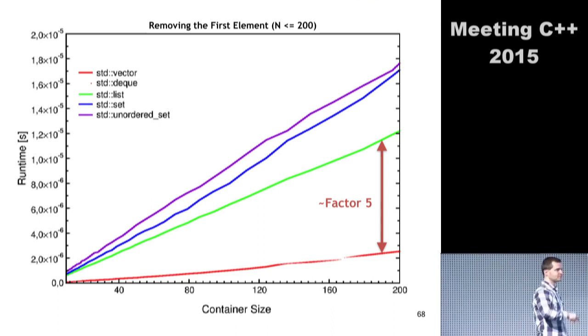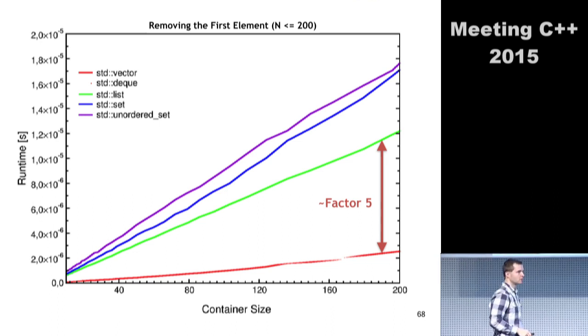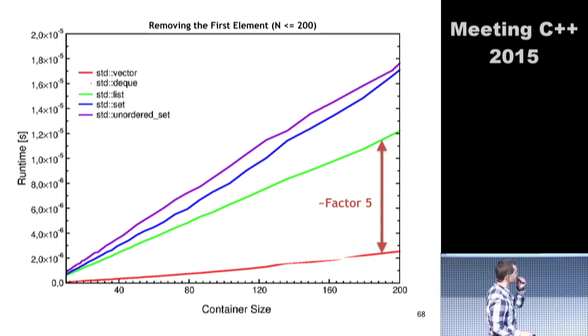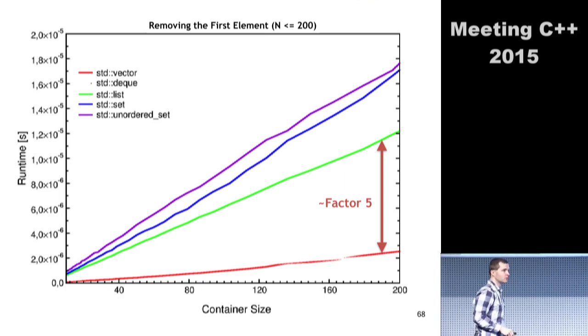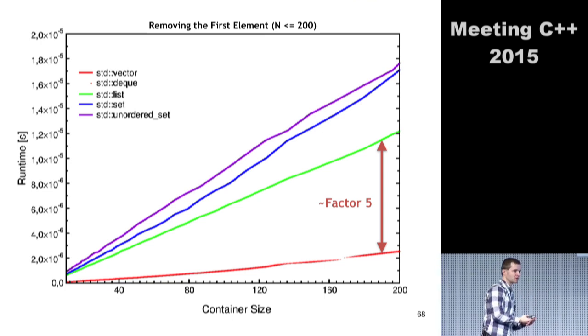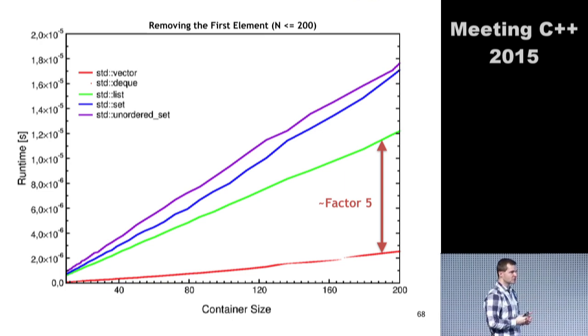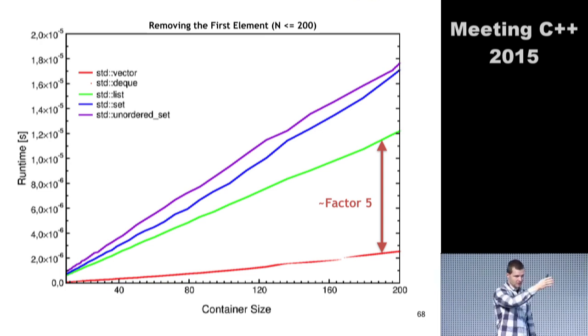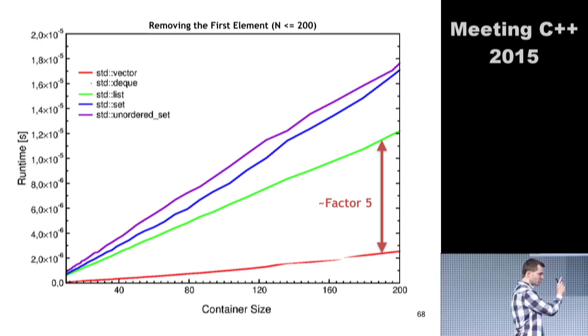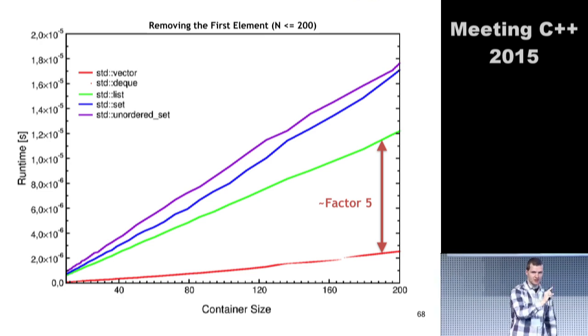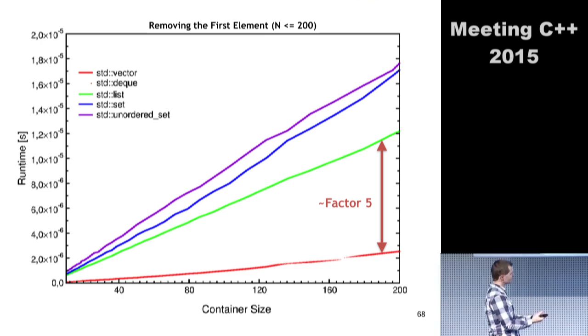Oh, question. Are you sure it's actually shifting? Because in this case, it might just advance the begin pointer. It doesn't have to do anything. Potentially. Yeah, but this is, again, an optimization that could be done internally. You're right. I'm not aware if this is truly done. So the remark was that you could advance the begin pointer instead of shifting. I believe it's shifted, but I cannot say for sure. I don't know.